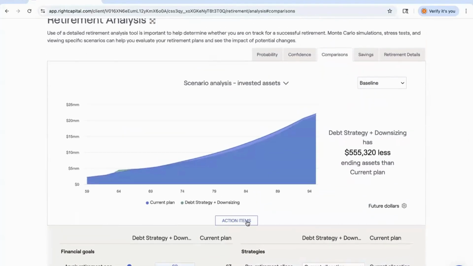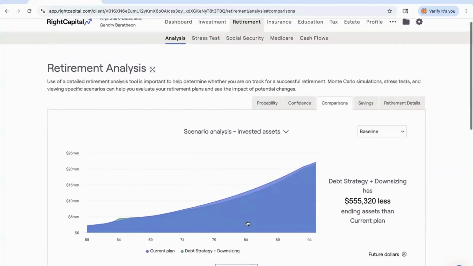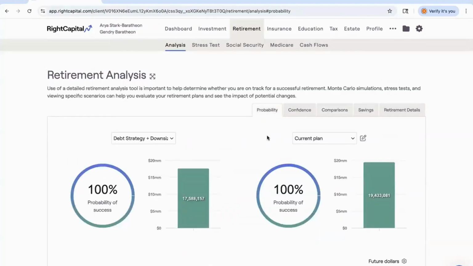So now we can start to isolate and maybe make additional adjustments, because in this case, if we're looking at both retiring earlier, taking the debt strategy, downsizing and Roth conversions and a couple other things, we might be also looking at shifting a couple other priorities as well. Now, one of the other kind of questions, I'm going to be backing into a couple of use cases, but